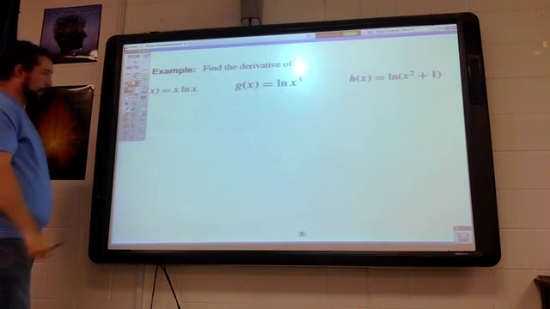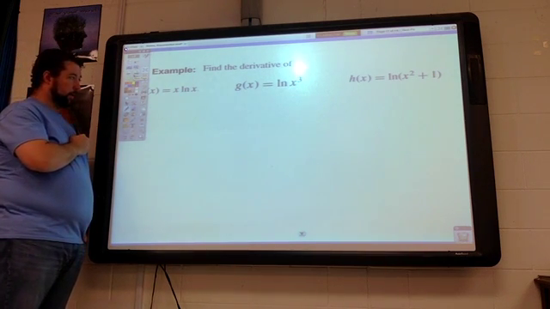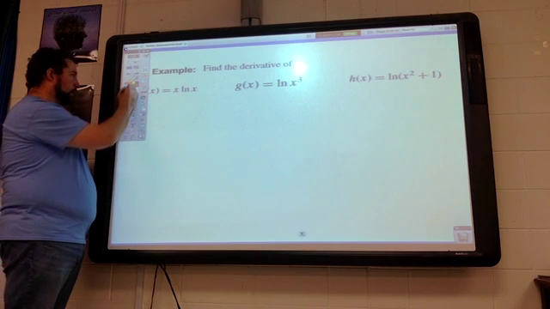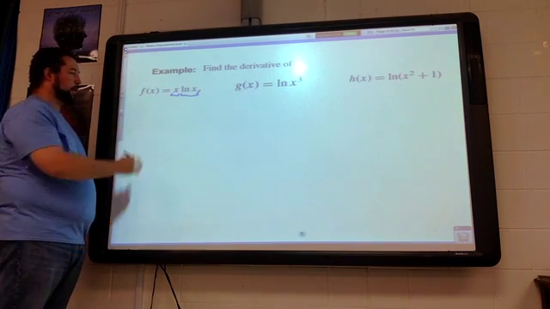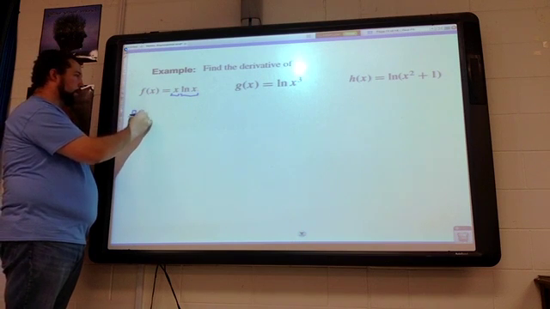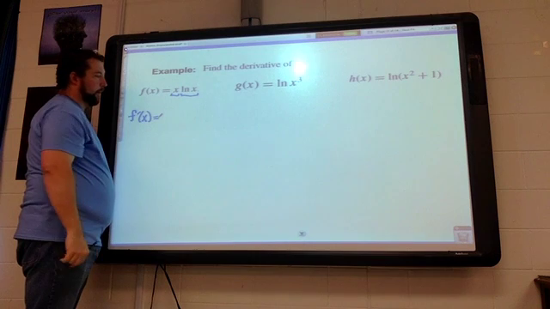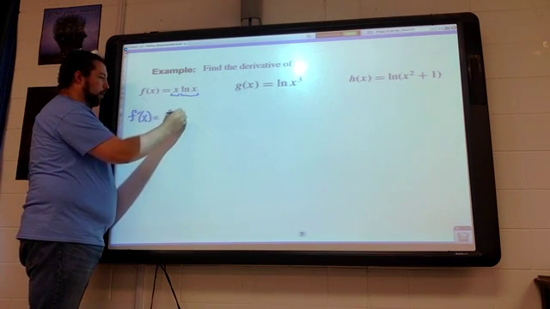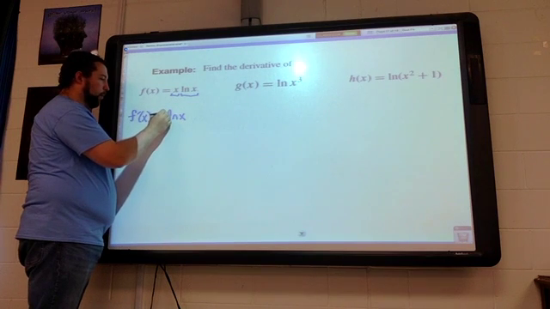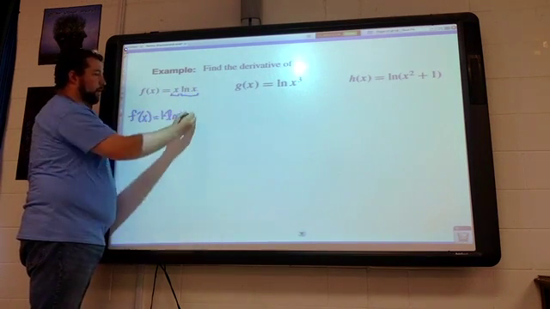First one here, I've got f of x is equal to x times the natural log of x. All right, so we have a product rule. We have an x times the natural log of x. So when we take its derivative, we can say, what's the derivative of x? It's just 1, so we don't really need to write it. Leave the natural log alone. I'll write it here, 1 times the natural log, derivative of the first with the second left alone,